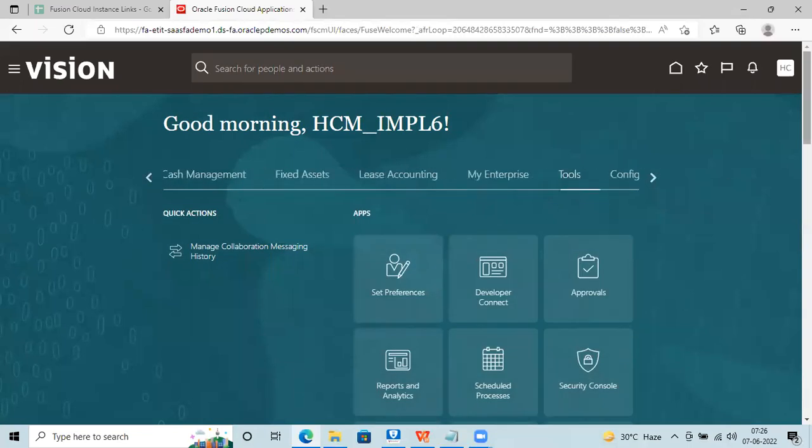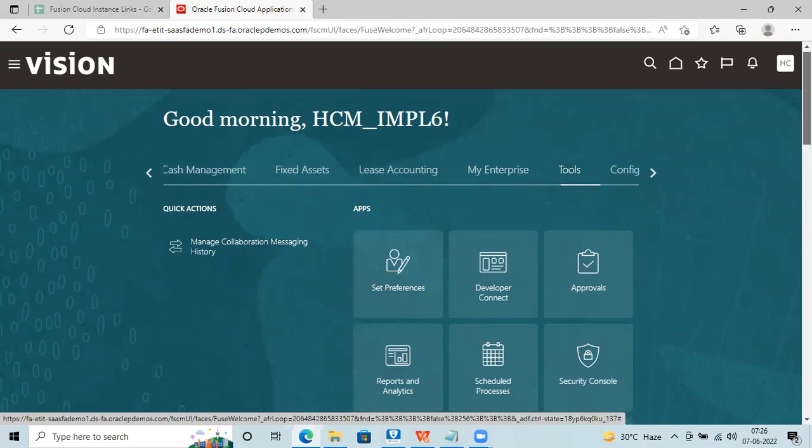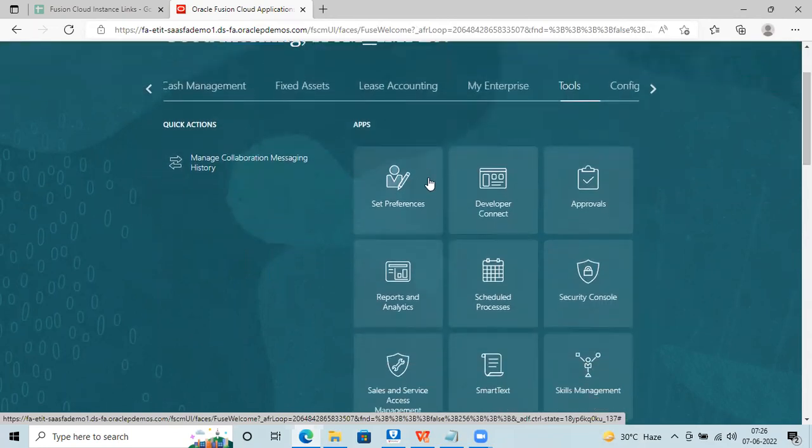Okay, so this is the dashboard which you see, right? Now to create a user, go to Tools, click on Tools. The set of options which you will see here are Set Preferences, Developer Connect, Approvals, Reports and Analytics, Schedule Processes, and Security Console. The main administrator work is done in this tab, the Security Console tab. Whenever you log in, I'll reiterate the step: go to Tools, click on Tools, come to the Security Console area. Okay, if I click here,